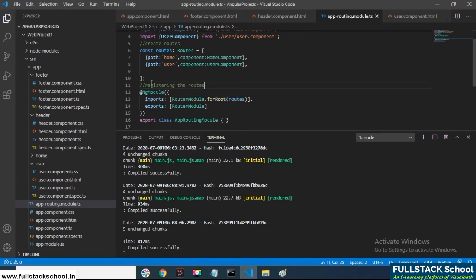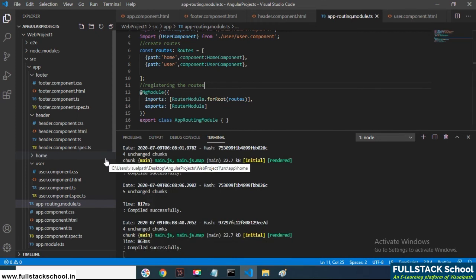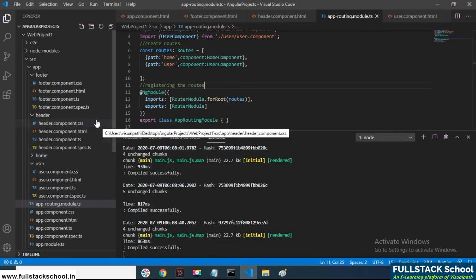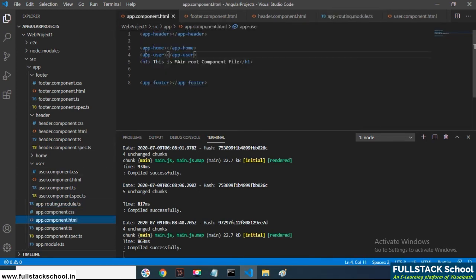Then after registering the routes, we need to populate the routes, and we do that in app.component.html. Go to app.component.html. Yes, we are removing these. Here we use router-outlet.